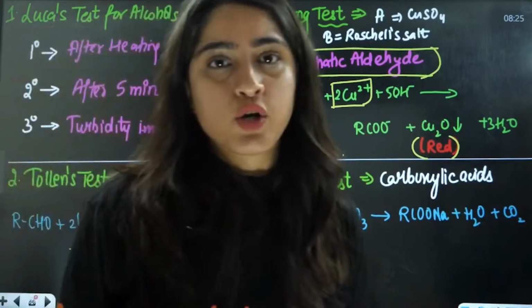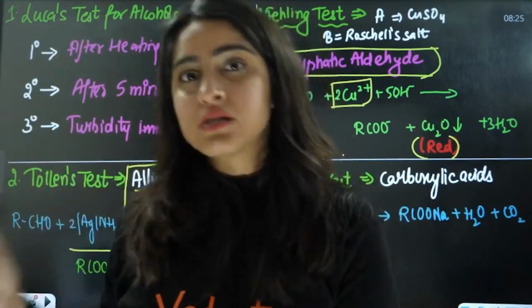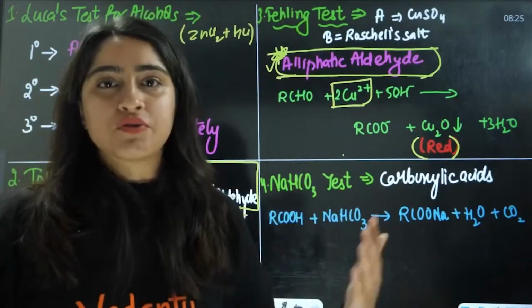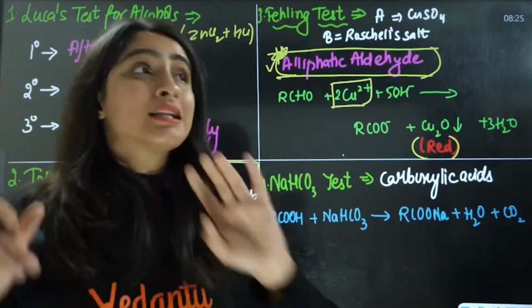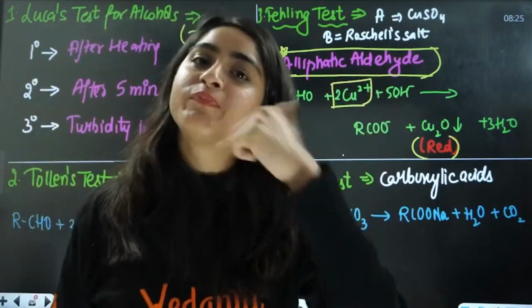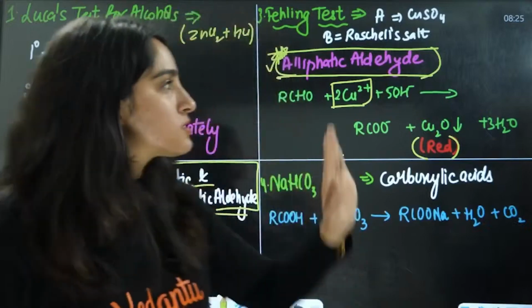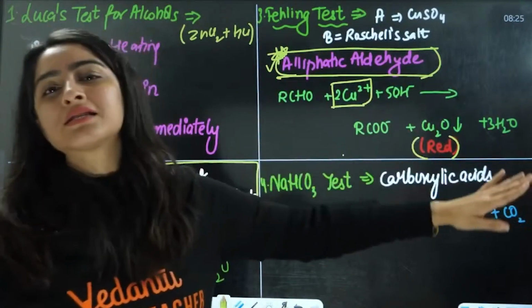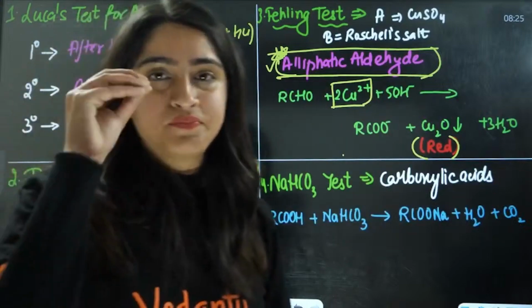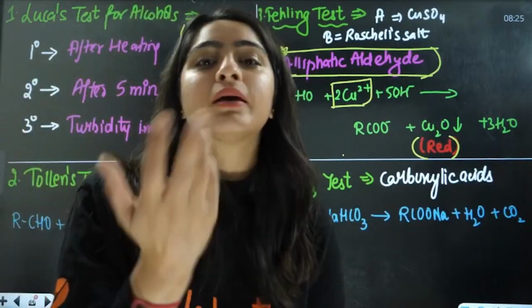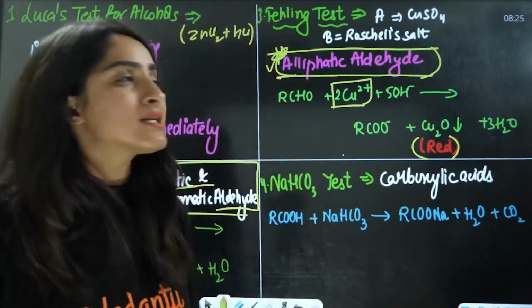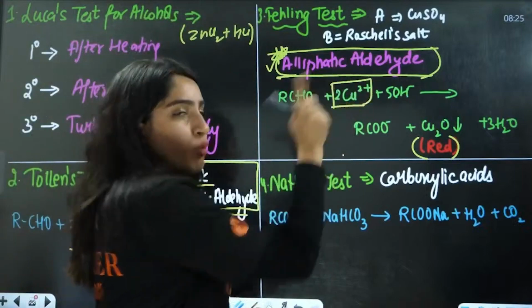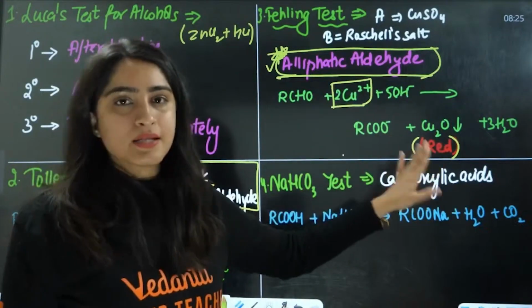Now, ma'am, what is Benedict solution? Benedict solution is the same as this. Just in place of tartrate, we use citrate. And the next thing is that Fehling solution cannot be stored. Benedict can be stored. This is the same, given by aliphatic aldehydes, a red precipitate will be formed. Everything is the same, just the Rochelle salt, the Fehling B solution, is different, but the precipitates are the same. You will have copper 2+ in Benedict and red precipitates in Benedict.